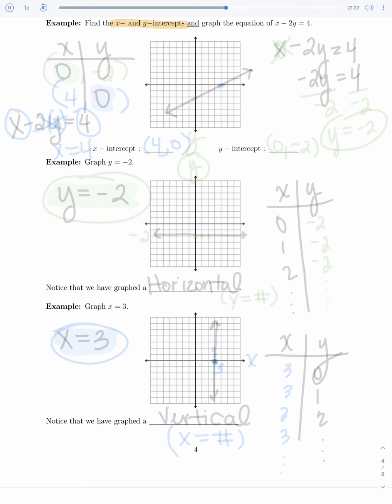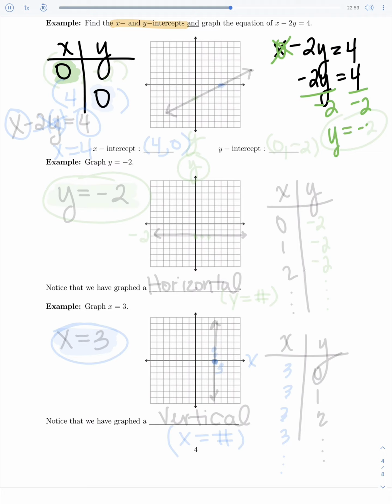Okay, well, that means we're going to make a table of values where we're plugging in 0 for x and 0 for y. So we've got x minus 2y equals 4. We're going to plug in 0 for x first. What happens is that whole piece falls apart and just vanishes, and we end up with the 2y still equals 4. So the last thing that we would do is divide both sides by -2,